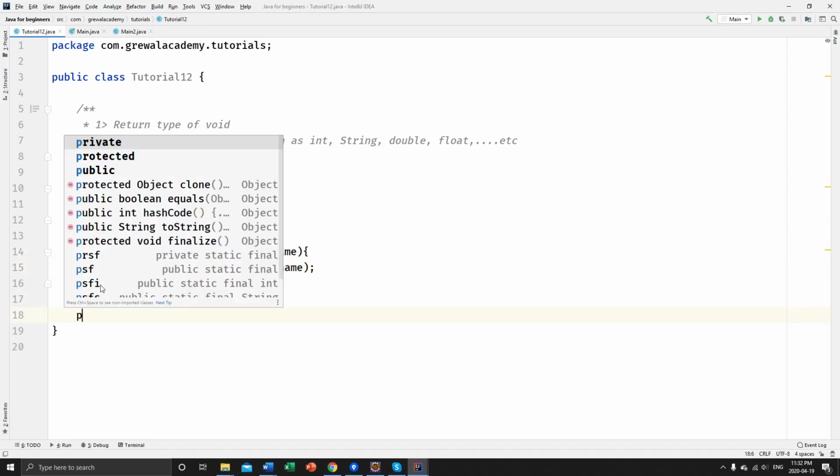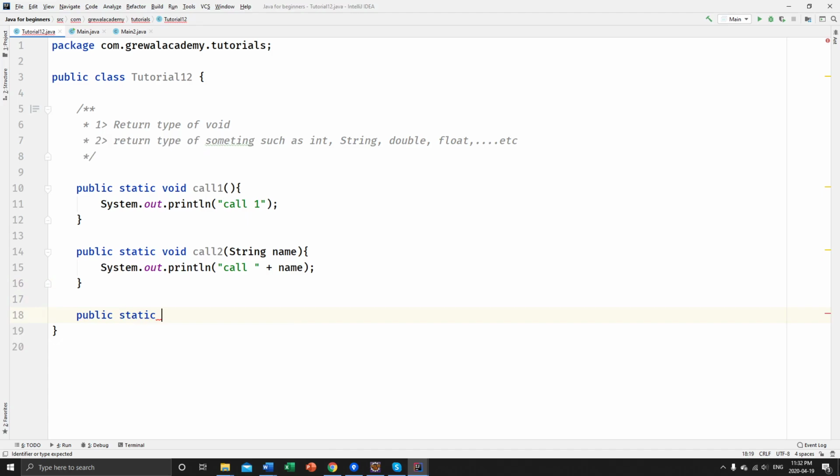Okay, and also I'm going to make another method which is of type string, and I'm going to say get name with no arguments. So here, since I have a return type, which is string, you see there's an error here, which is red lines underneath. It means that you need to return it because since we declared it as a return type string, we should return a string. So I'm going to use the return keyword in Java, and I want to return